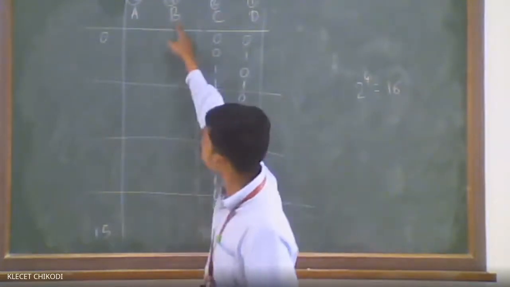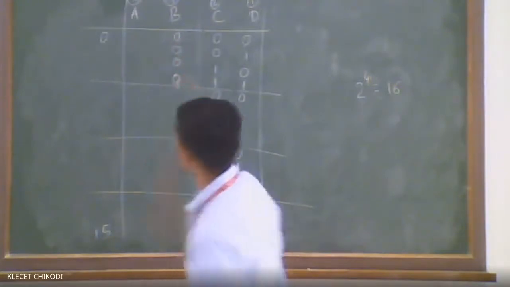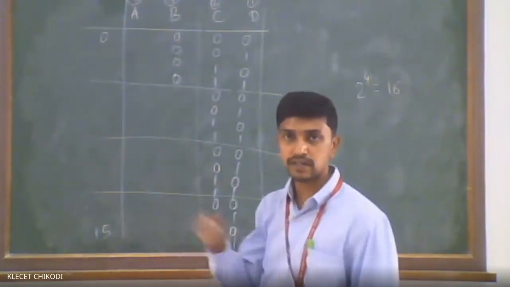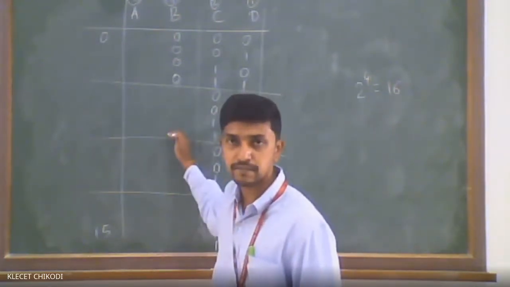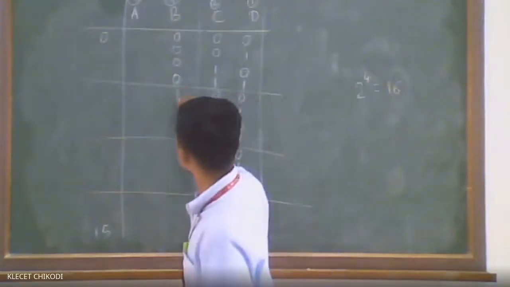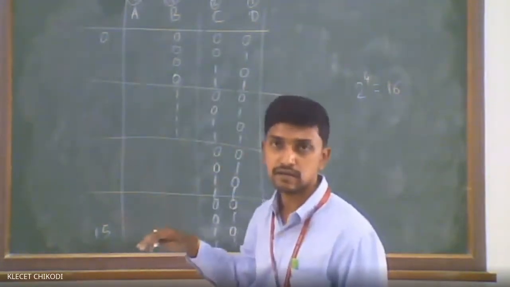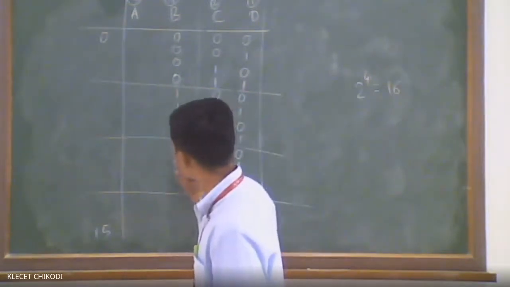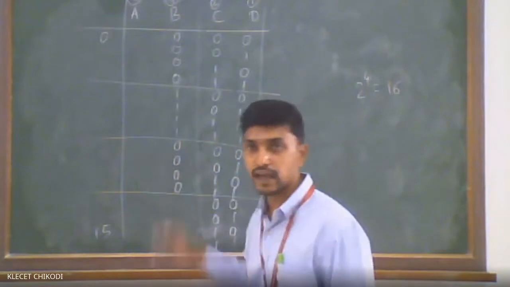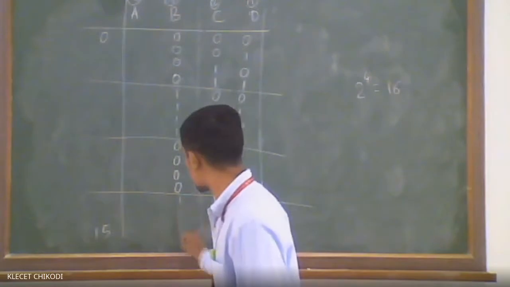Now, since it is varying for 4 bits, initially it will be 0, right? As we mentioned earlier in the 3 variables. After that, the remaining 4 bits will be 1. The next 4 bits are 1. Again, it has to vary. For every 4 bits, the value is changing here. Again, it will be 0 for the next 4 bits. Again, the value changes for the next 4 bits. It will be 1 here. Fine.